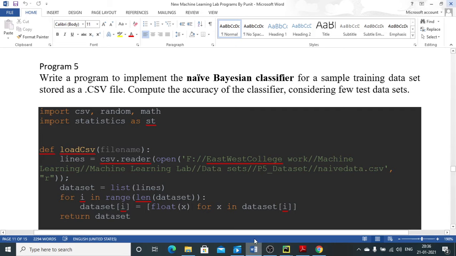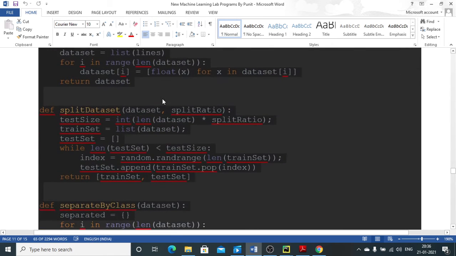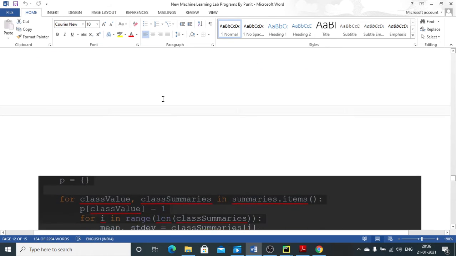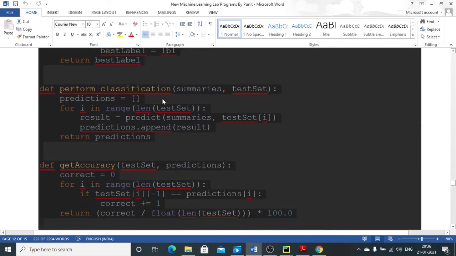We already have the program file in the executable documentation that I kept in your Google Classroom.